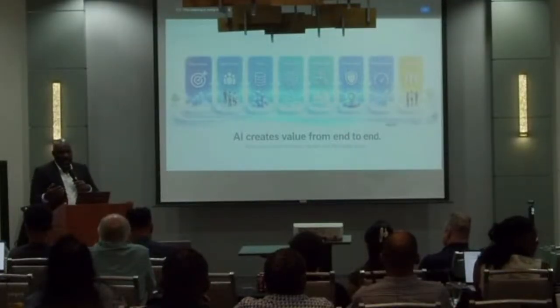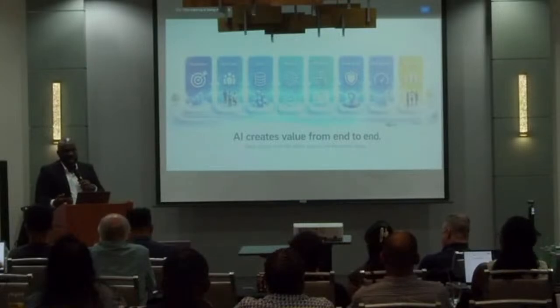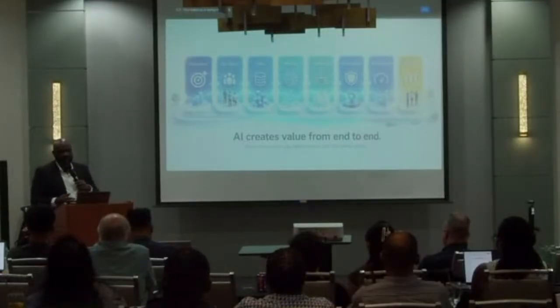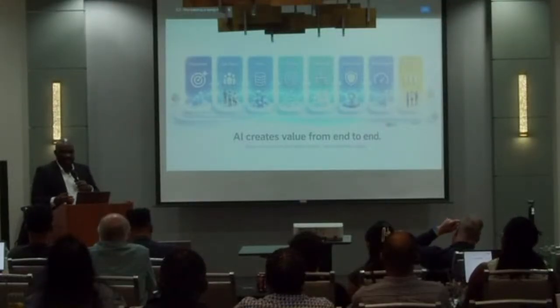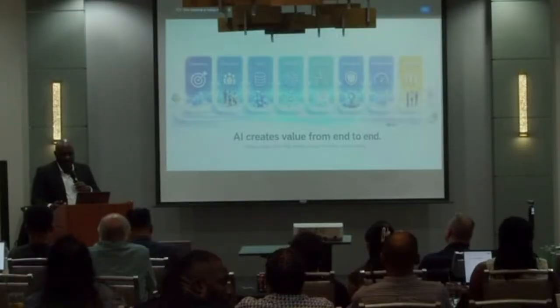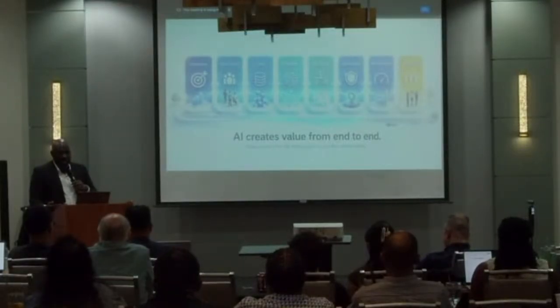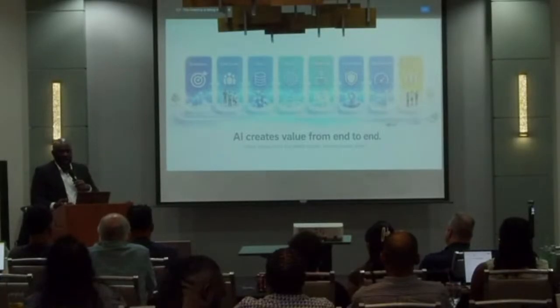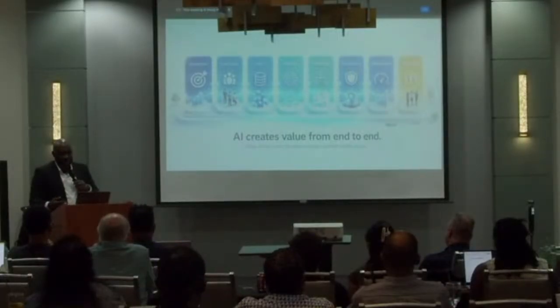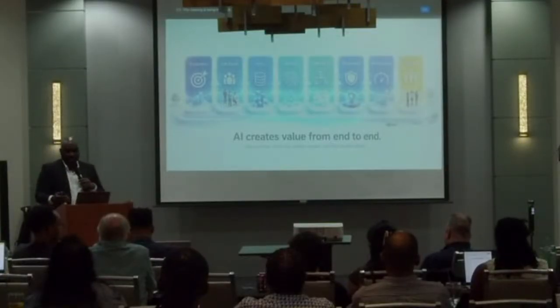Then comes the place of measurement, right? How would you know if value has been added if you don't have a system to measure what was and then what is today? So measurement is really important to bring confidence for AI deployments in organizations or even in your personal life. And then obviously adoption. Adoption comes where governance instills trust, and then you can literally measure the value you are getting from AI, and it's easier for organizations to adopt AI. So we'll say that AI creates value, like I said earlier, from end to end, and that should be the goal of you implementing AI.